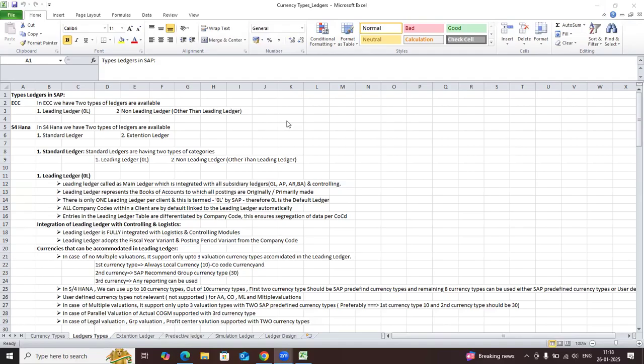Okay, right now we are going to discuss ledger types. As part of the new GL accounting functionality, we have currency types and ledger types, and also parallel ledger and document splitting. These are the options which we have available in the new GL concept. So let us discuss first